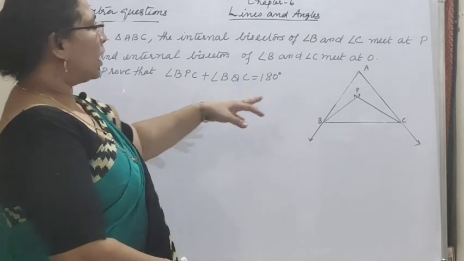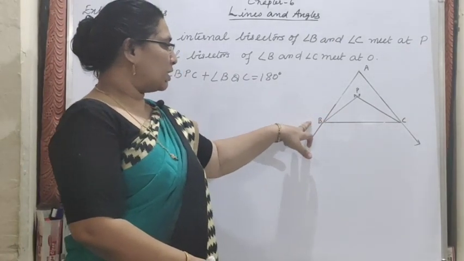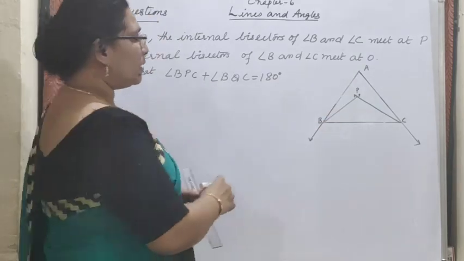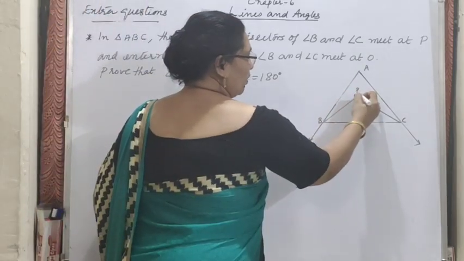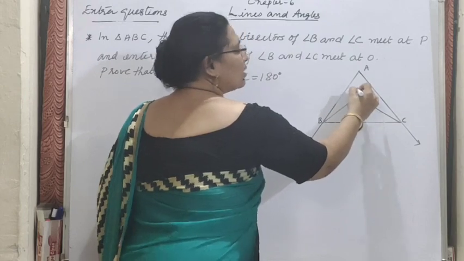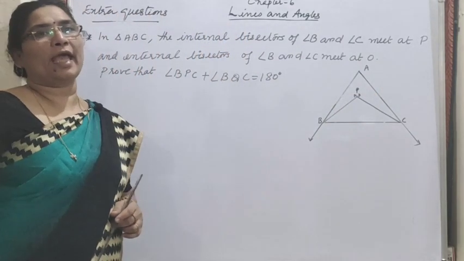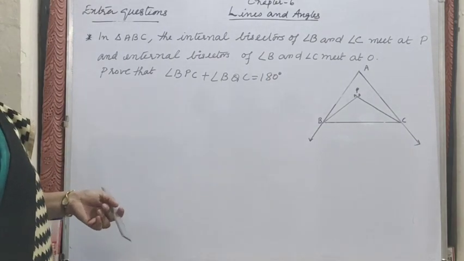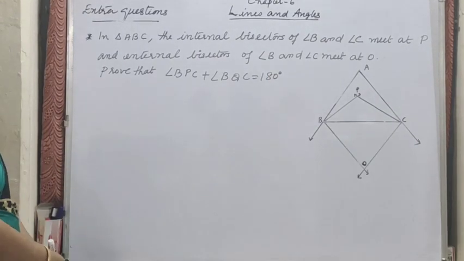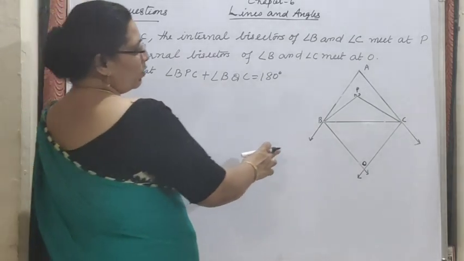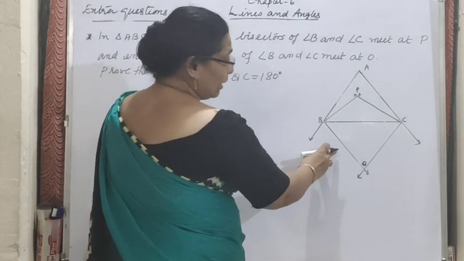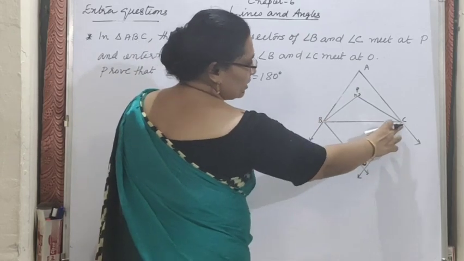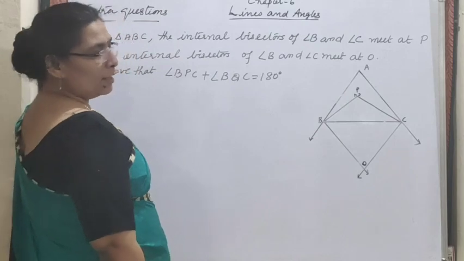So you can see here internal bisector of B as well as C meeting at the angle meeting at P only. So here we have drawn the internal bisector. Similarly, we have to draw for the external bisector. So for which angle? Angle B and C. External bisector we have drawn here. So now I think you got the idea of the diagram, how it is. The exterior angle it is here. So from that we have drawn the external bisector BO and CO.